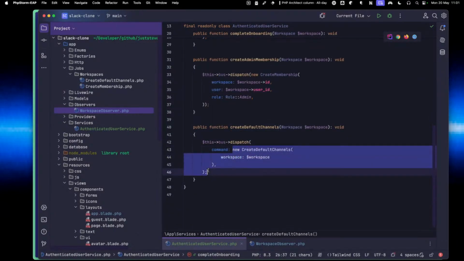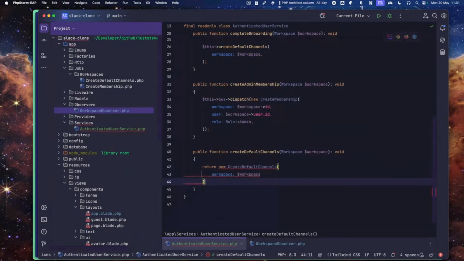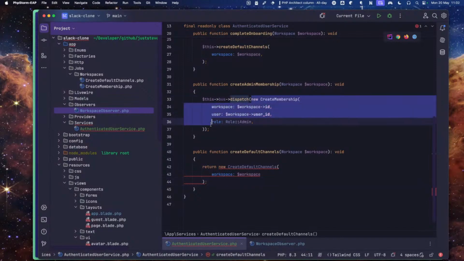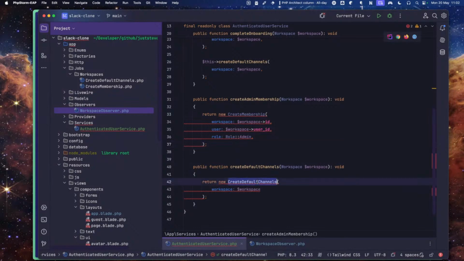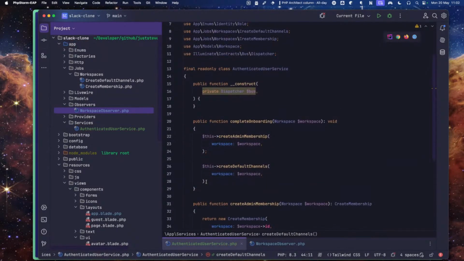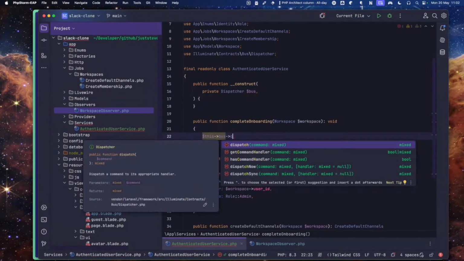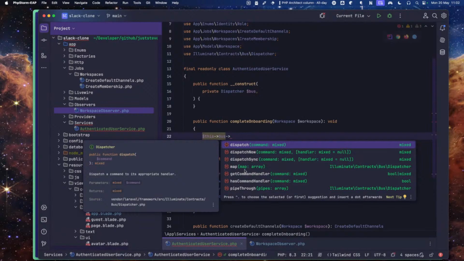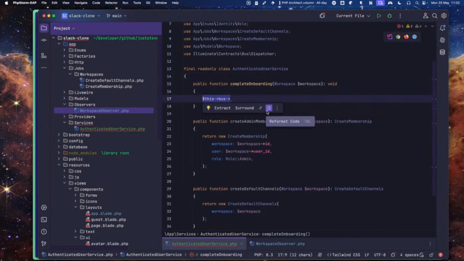However, we could even simplify it further. What we want to do instead is just return the command. And then this one will also just return the command. Now this is no longer returning void, it's going to return that. And this one is going to return that. Now what we can do instead is up here, we can say bus, we can dispatch, pipe through, map. Okay, so if we ignore that injection for a minute, what we can usually do is say